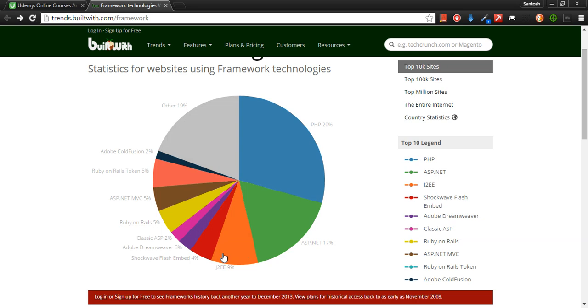So if you're looking for a long run, if you want a secured job, I advise you to go with PHP, ASP, or J2EE, and maybe even ASP.NET MVC, which is nothing but a model view controller type of framework that is very new, right? Anyways, and also possibly Flash as well.